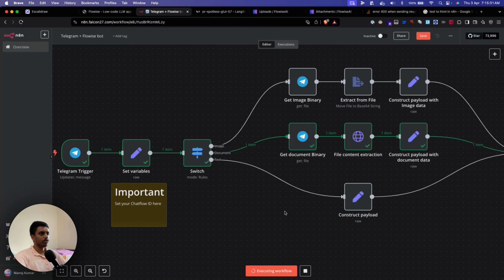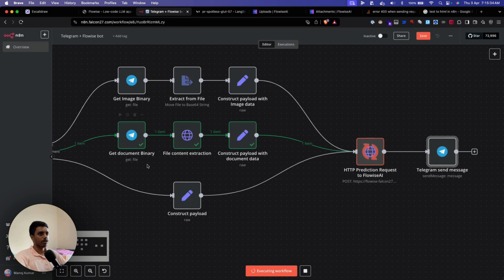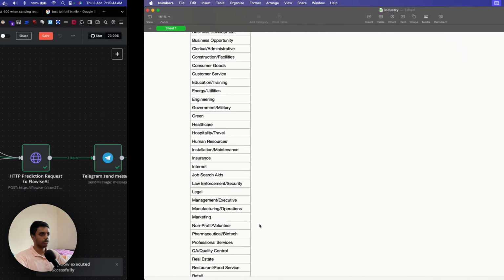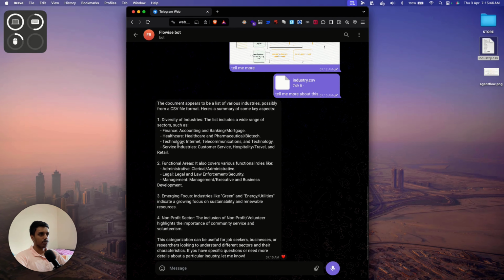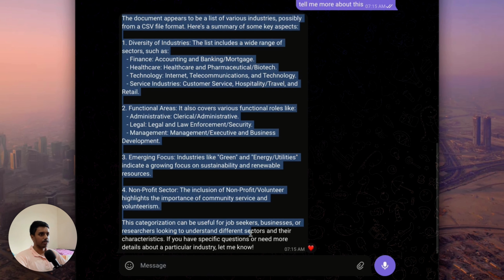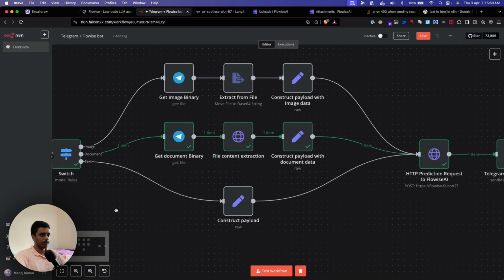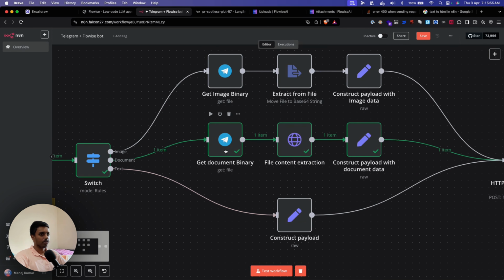So if I just go back here, see, now it took the file document branch, and then it's going through Flowise, and then once it receives data, it just sends it back, right? Let's see what the response is. So it basically read the file and then gave us the description of that file, right? If I just take a look at it again,